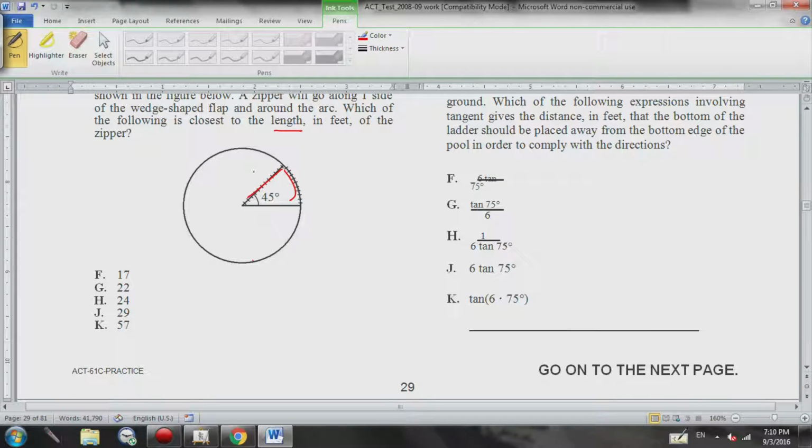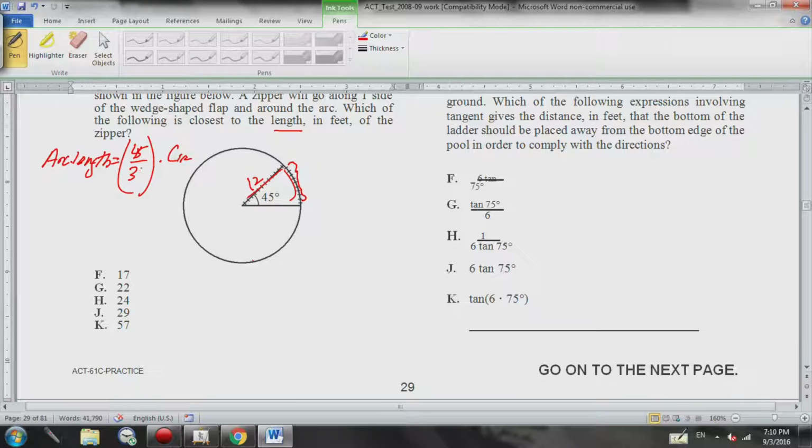Not the diameter, I meant to say radius, which is 12. The radius is 12. Now we have to find this arc length. The arc length is some fraction of the circumference of the circle. So you take the circumference of the circle and you take the fraction. What fraction? It's going to be the fraction of the